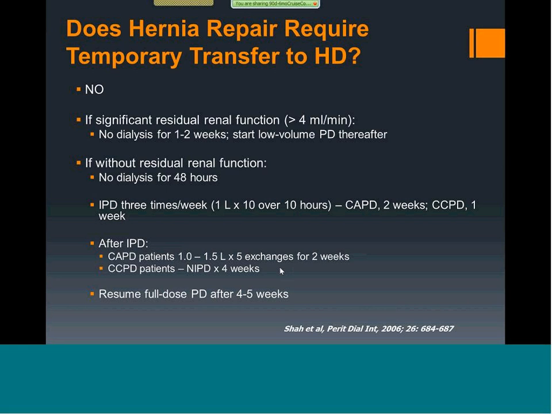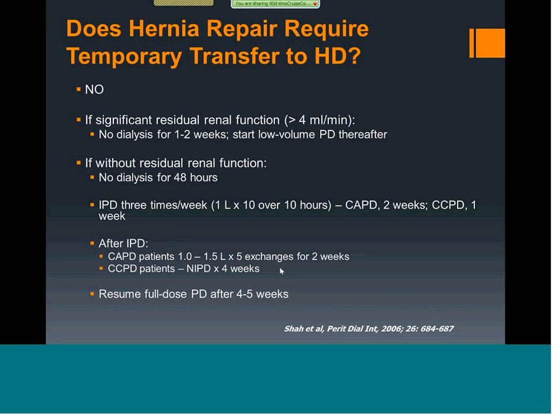So the simultaneous removal and replacement, we reserve it for two circumstances. The first circumstance is a person getting recurrent peritonitis. It's a relapsing peritonitis, either a culture negative peritonitis or a gram-positive peritonitis. The patient gets an infection, you treat it, you stop the antibiotics, and 2 to 3 weeks later, the patient has an infection again.